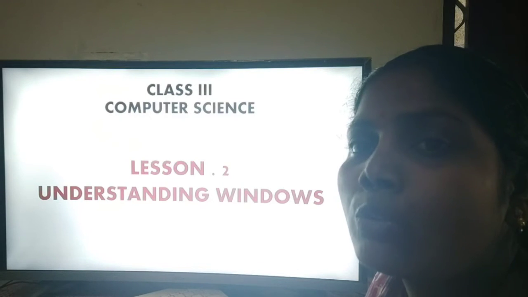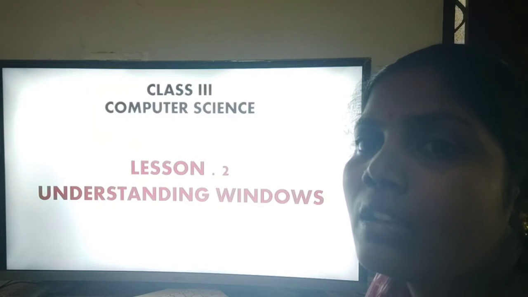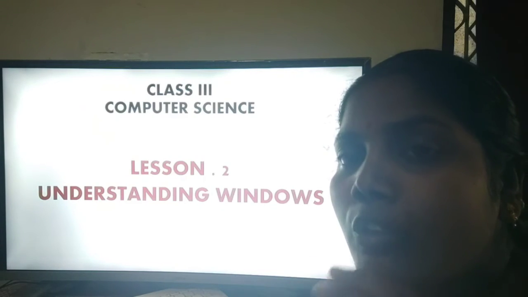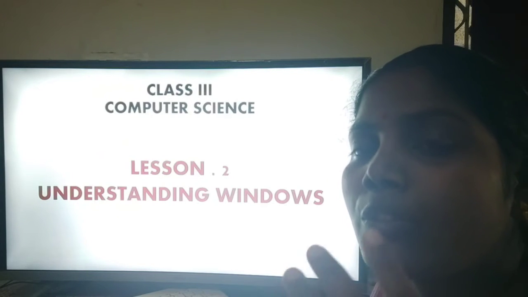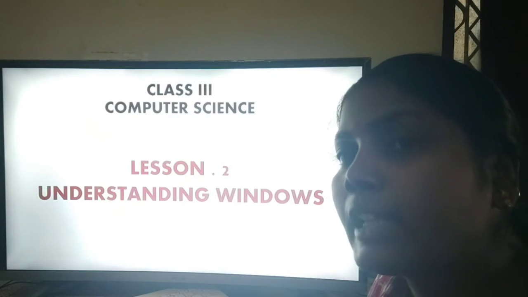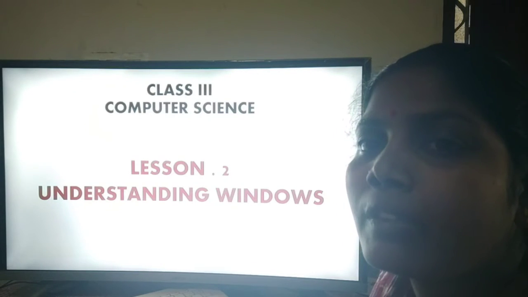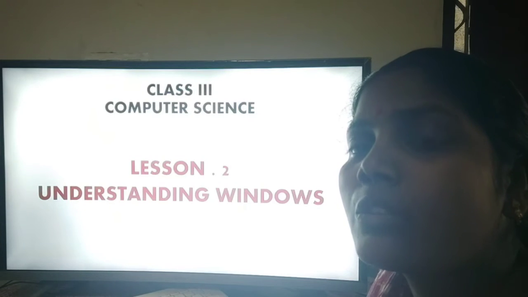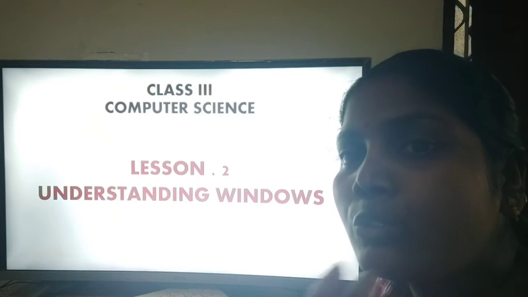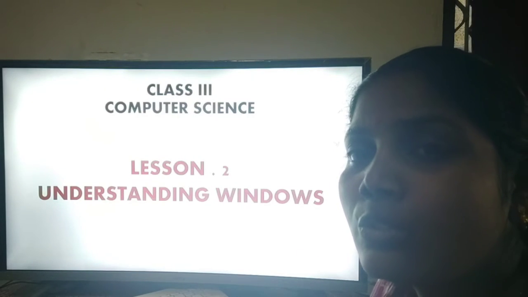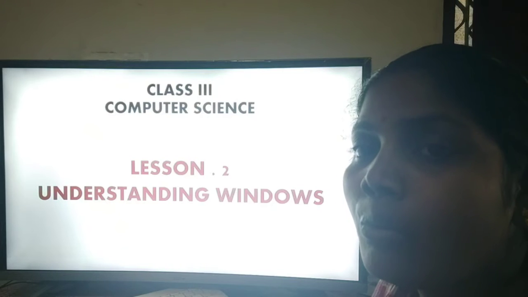In that we have two types of interface. The first one is, if we want to give commands to the computer, we use the keyboard to type the commands. That is the first way. And the second way is the graphical interface. If we want to communicate with the computer and do work on it, we can choose a toolbar according to our task, then we can do our work.